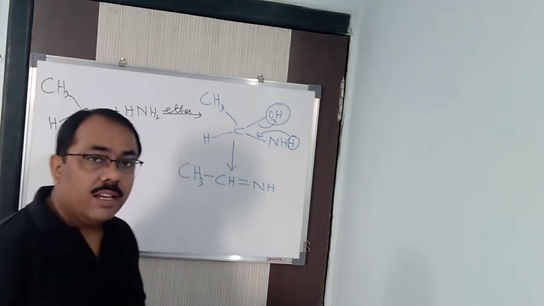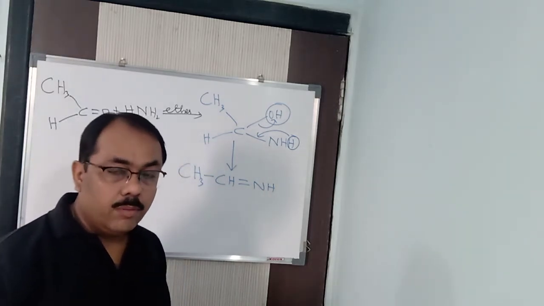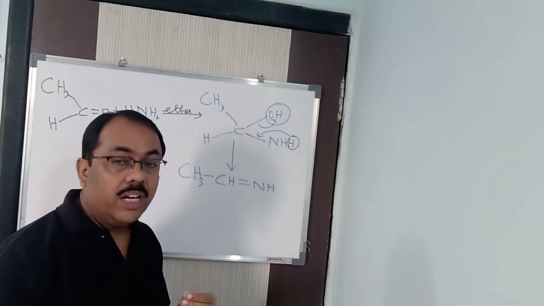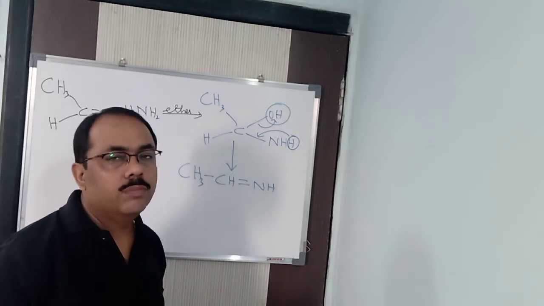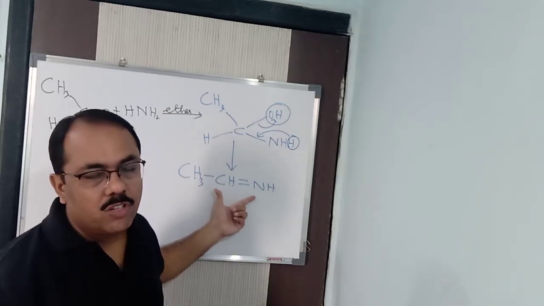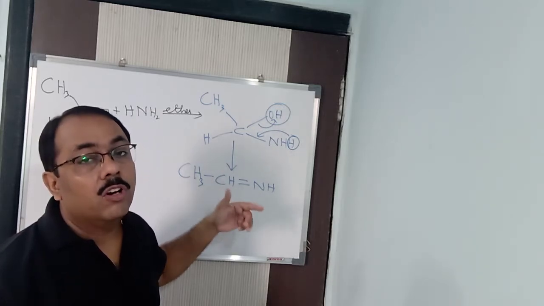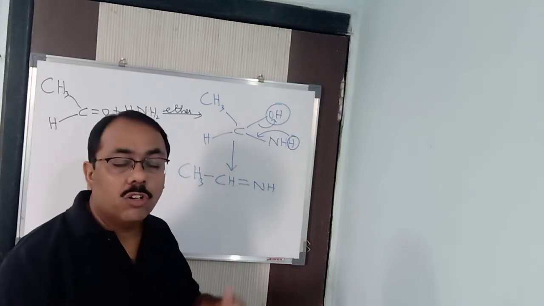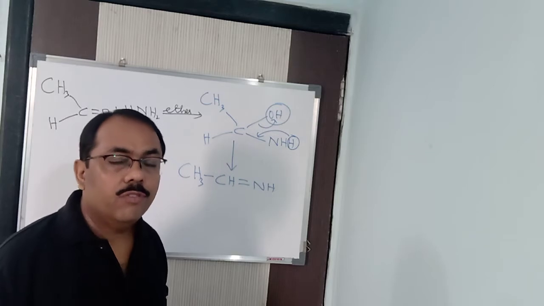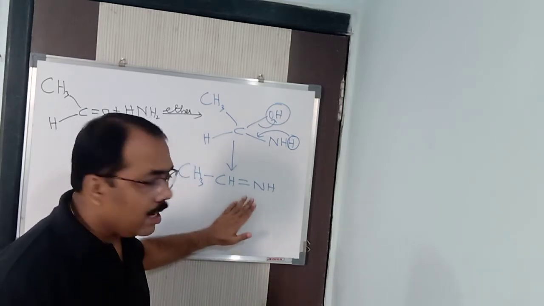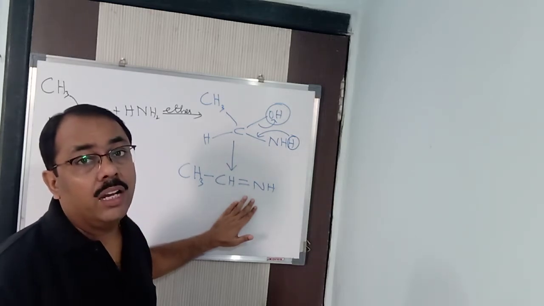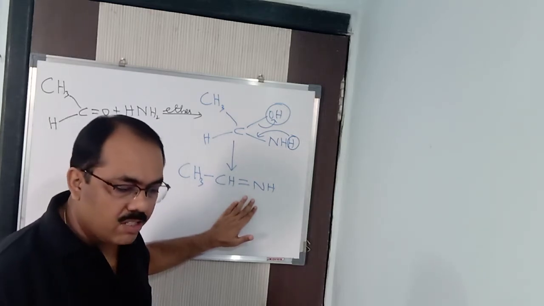Got it? Now you will say, sir, imines are also less stable in nature. Yes, correct. It is less stable in nature, but it is more stable than the vinyl group. Rather, it will further react again with some other compounds to form a stable product. Got it? As tautomerization is not taking place, hence that is not going to form at all. So imines are of course unstable, but more stable than the vinyl group. We can say that. So hence this product will be a stable product.